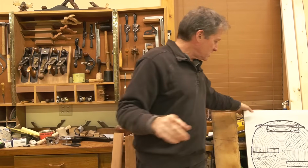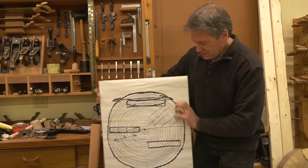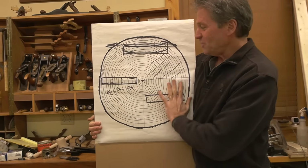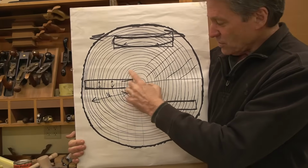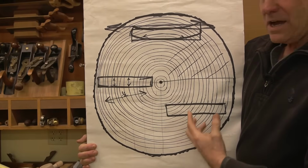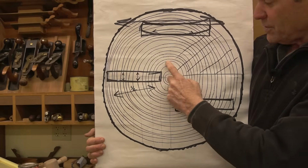Well, let's just look at this drawing right here. I guess I'll hold it right here. All right, so it's just a sketch to show the end cut of a log. And you've got all these circle marks. And if this is very new to you, those circle lines are actually marking 1 year of growth. Usually when you have the dark line